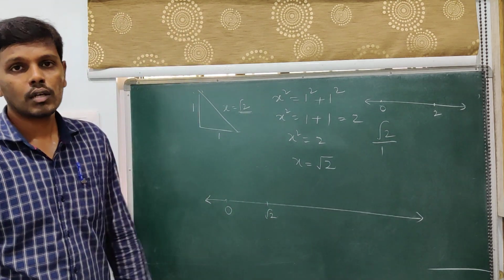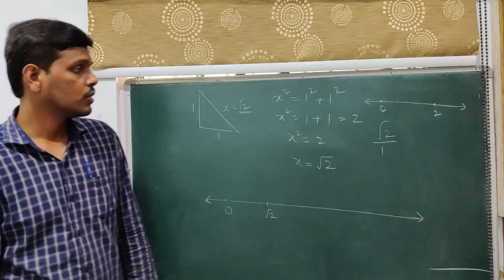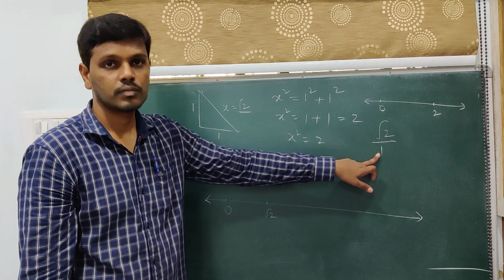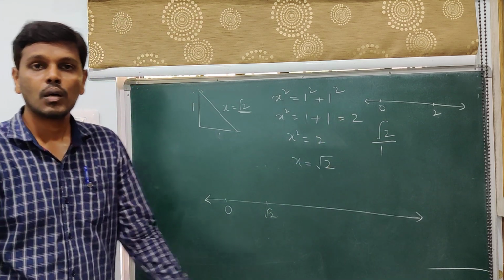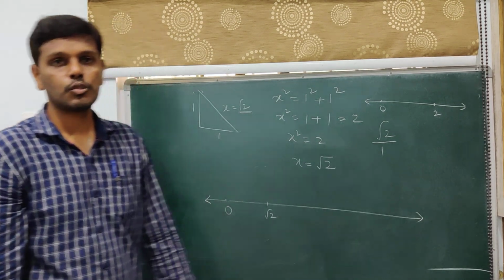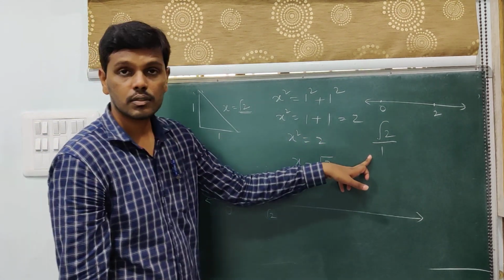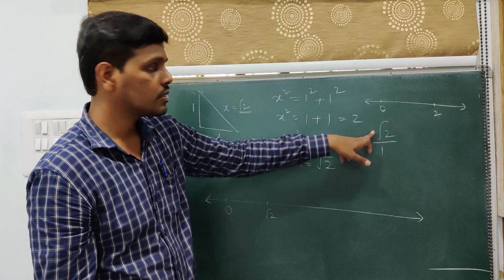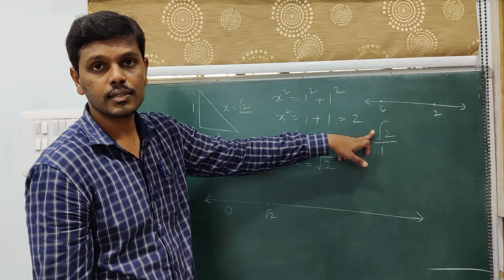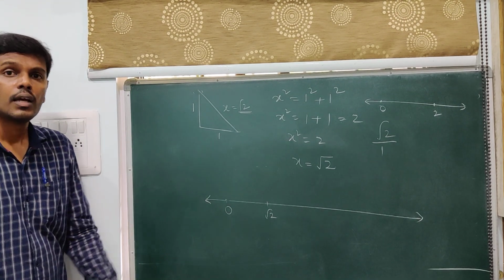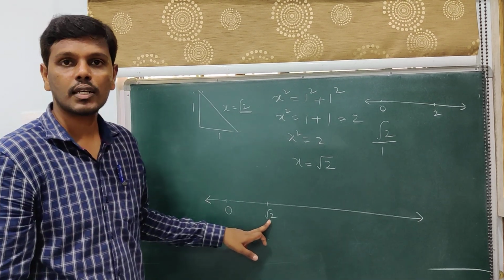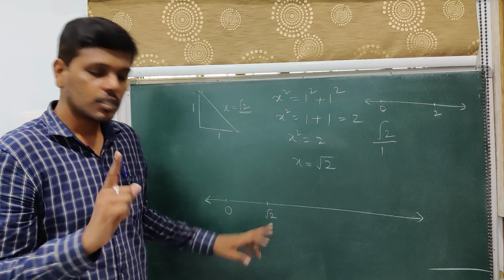Now q not equal to 0. That is the second condition. Is q not equal to 0? Yes, it is not equal to 0. The second condition is also satisfied. What is the third condition? p and q should be integers. Are p and q integers? q is an integer. Is p an integer? Of course not. So the third condition is not satisfied, and we can say that root 2 is not a rational number.